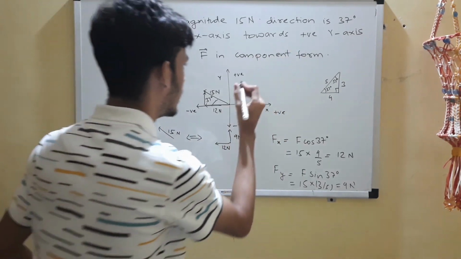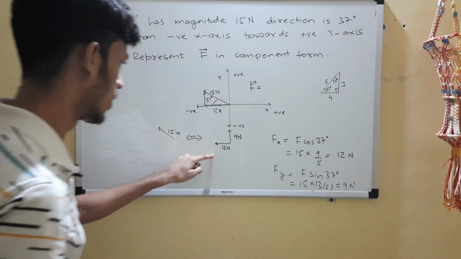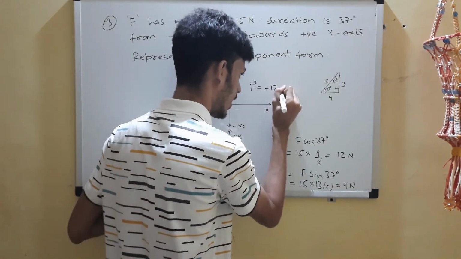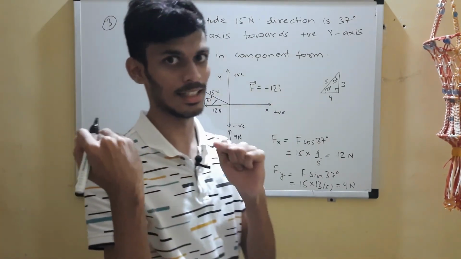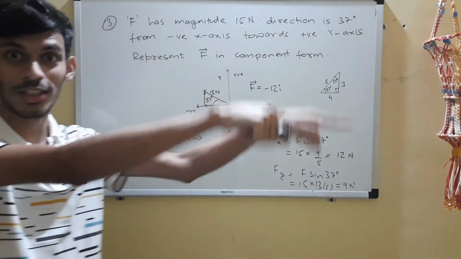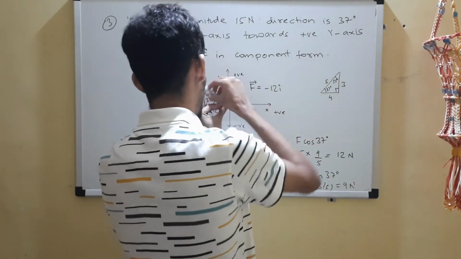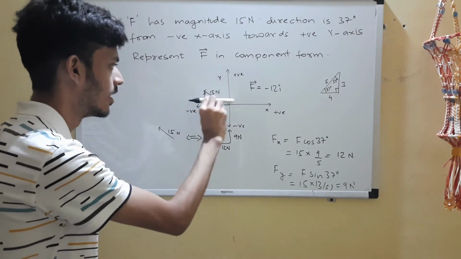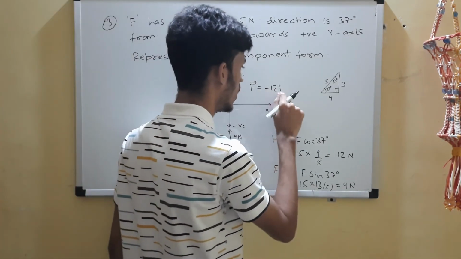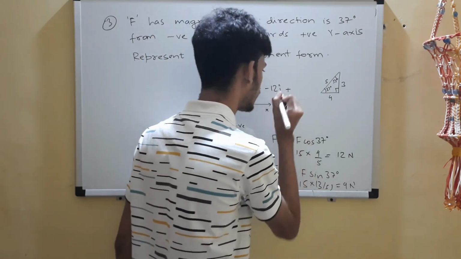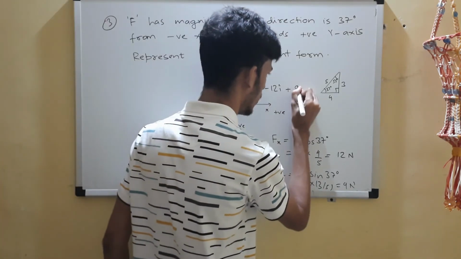Okay, so now it's easy to write the vector. You can write it as minus 12 i cap, minus because it's along negative x-axis. i cap was along positive x-axis, right? Negative, how do you make negative? Flip it by 180, right? Now you can see this vector is along negative y-axis, so minus 12 i cap plus, what do you have? 9 j cap, in the positive direction.